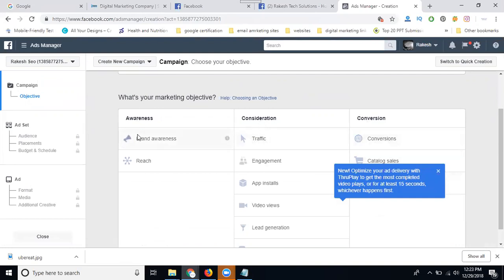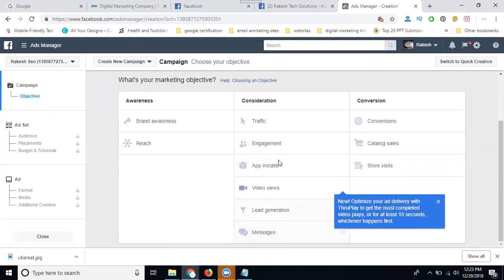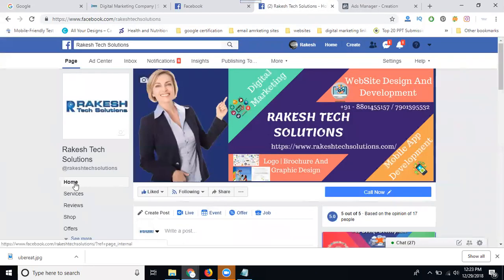Awareness has 2: brand awareness and reach. Consideration has 1, please see the screen, then engagement has 3, 4, 5, 6, 7, and 8. So it will be 8 plus 2, 10, plus 3, total 13. The remaining 2 are given by going to your page.